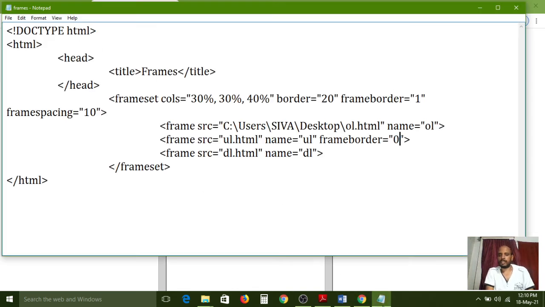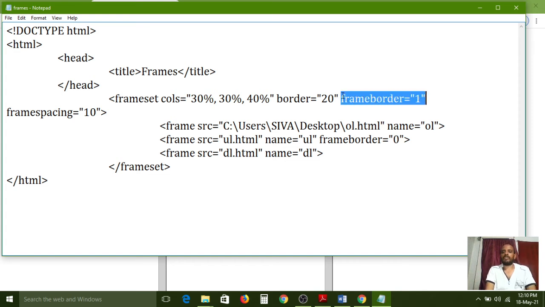I think we have made some mistake. Frame border. The attribute specifies whether or not the borders of the frame are shown. It overrides the value given in the frameborder attribute on the frameset tag, and this can take the values of zeros and ones. In the root element I have applied this frame border, so that's why it is not reflecting anything.